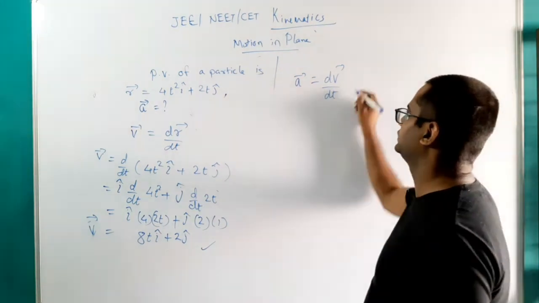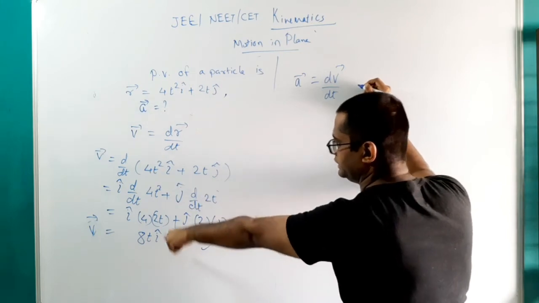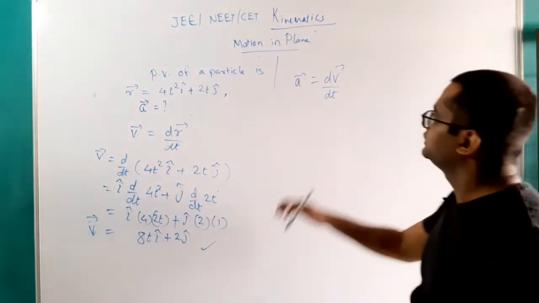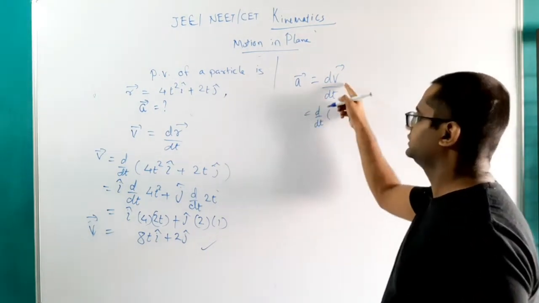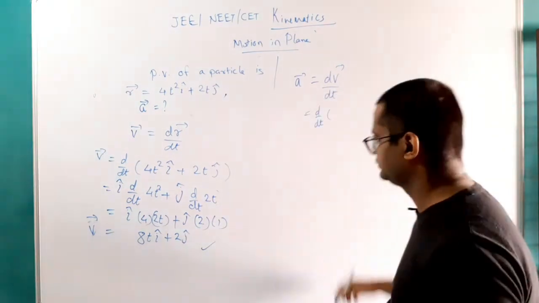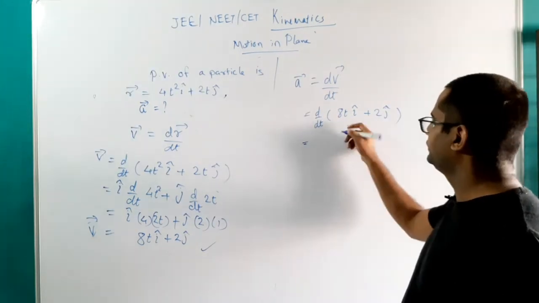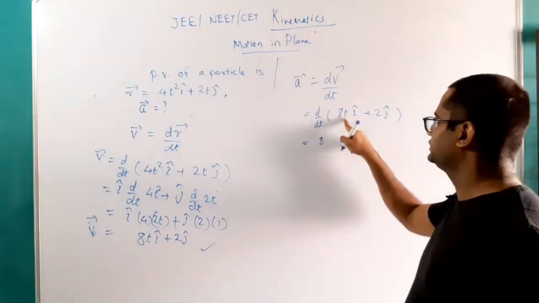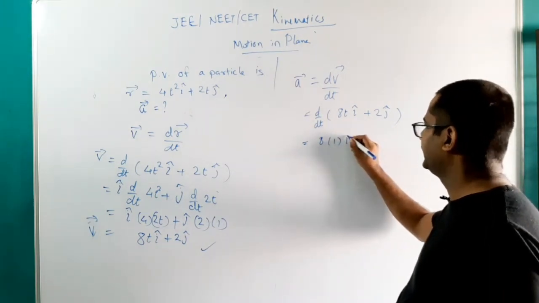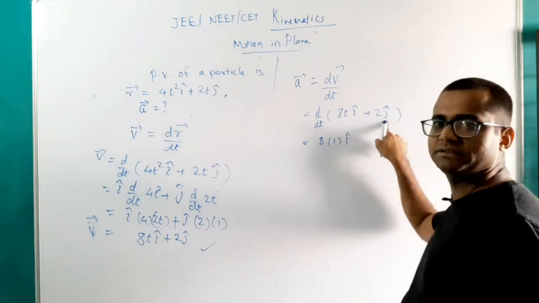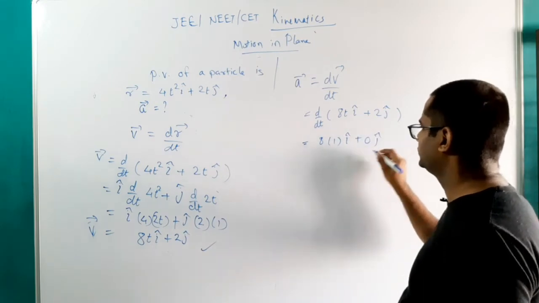Since we have velocity, we derived it from r, the position vector, by differentiating it. We will do the same procedure once again. So d by dt of, what is the expression for velocity? This is the expression for velocity, 8t i plus 2j. If we differentiate it, since 8 is constant and the time derivative of t is 1, i cap remains as it is. Since there is no time term in the j part, it is a constant, and the derivative of a constant is 0, so this will be 0j, so basically it is 0.